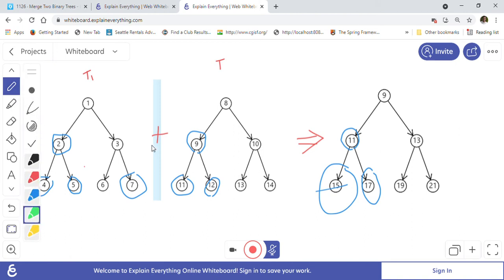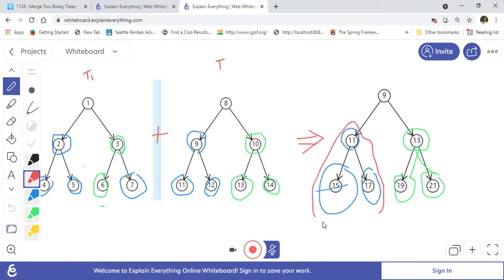Now for the remaining tree, it will call 3 and 10. But for 3 and 10 we have to evaluate the left child and right child before we go and evaluate it. So 6 plus 13 is 19, so we evaluated this. Then 7 plus 14, which is equal to 21, we evaluated this, and we give the result back to the 3 and 10. Then 13 will be formed after that, and this left part will be attached to 13, right part will be attached to 13.